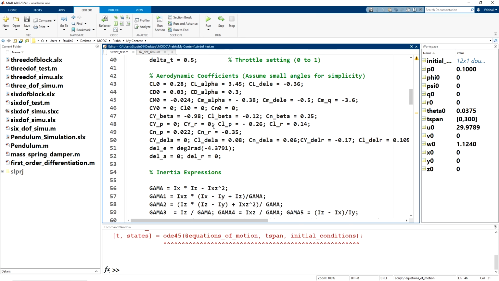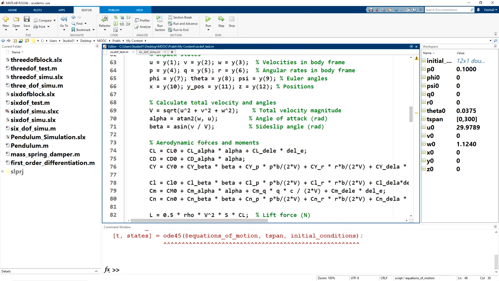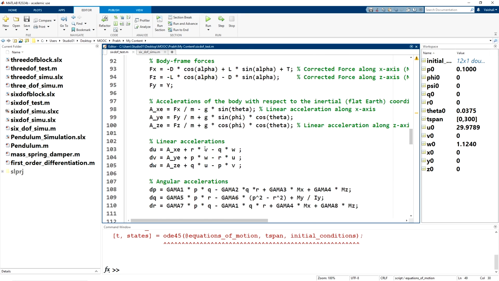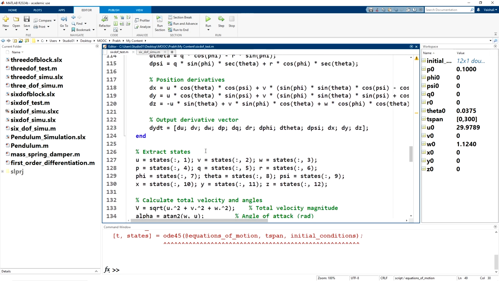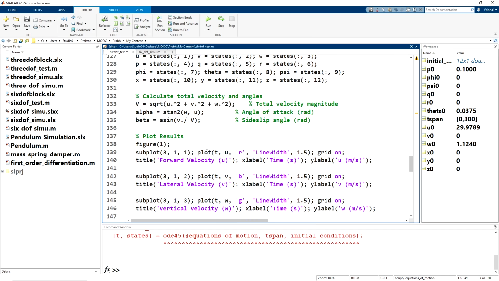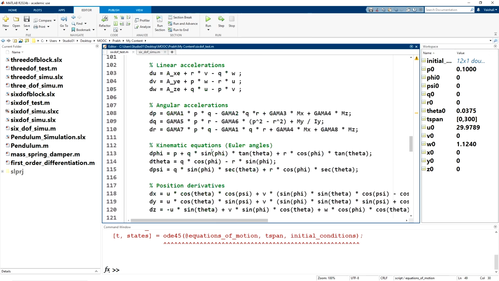All right. So I want you to change these parameters and see how the aircraft is behaving one by one. So I leave that as an exercise to you. So now we are done with the simulation of aircraft equations of motion in MATLAB. Now let us